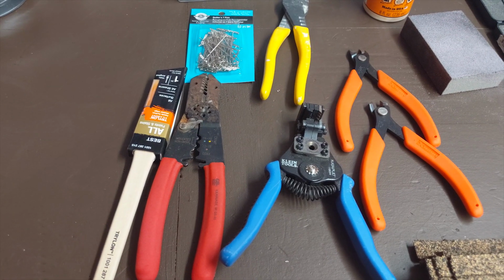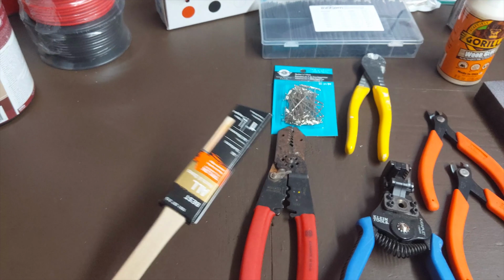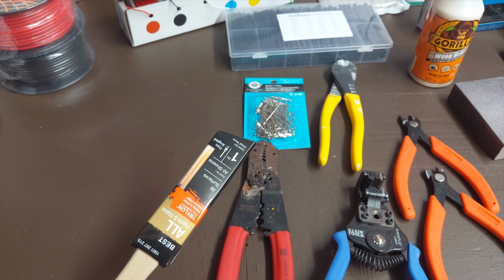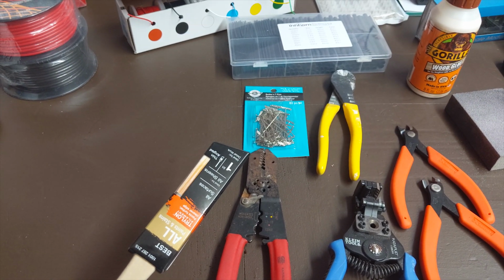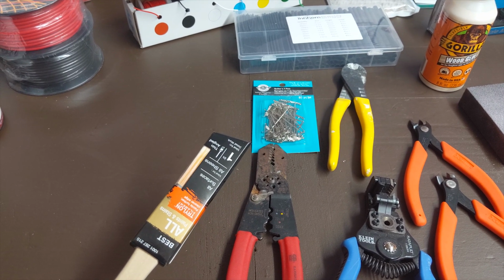As we move through the table, I've got this little 1-inch brush here. I'm actually going to probably use this when I do some of the scenery. Probably use it to get the little...